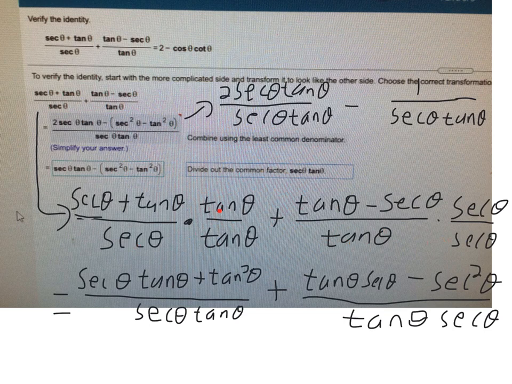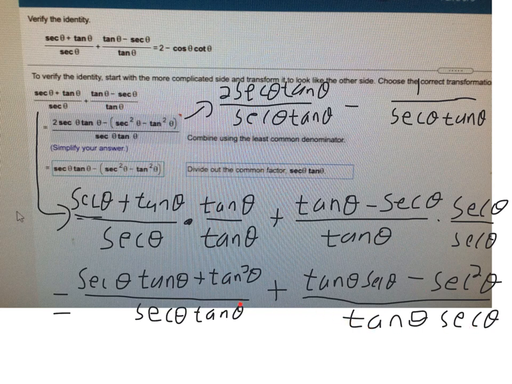And so in the numerator, you need to distribute the tangent, so it'd be secant theta tangent theta. Then you distribute here, it'd be tangent squared of theta. And over the product of secant theta tangent theta. Plus, then you got to repeat it here, secant of theta times tangent of theta. Secant theta times secant of theta would be secant squared of theta, subtraction. Then over the tangent theta, secant theta. And so,